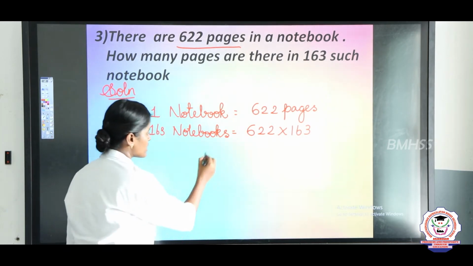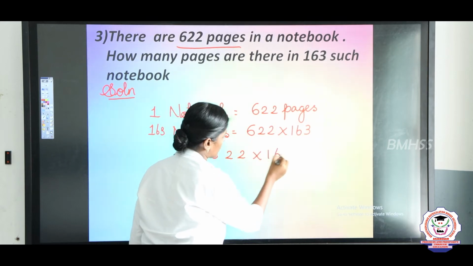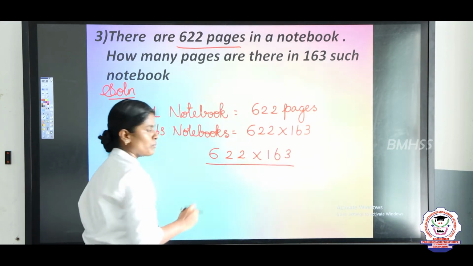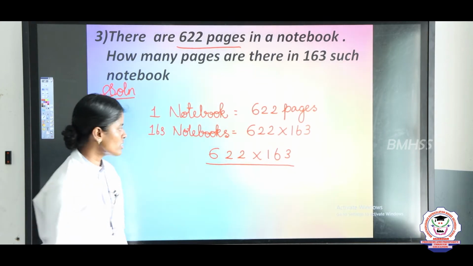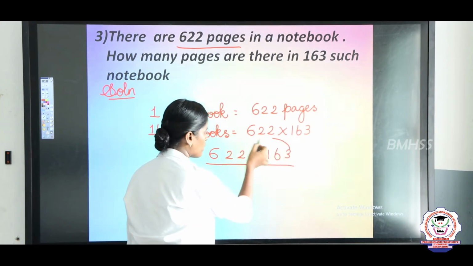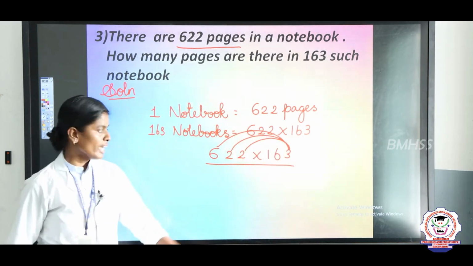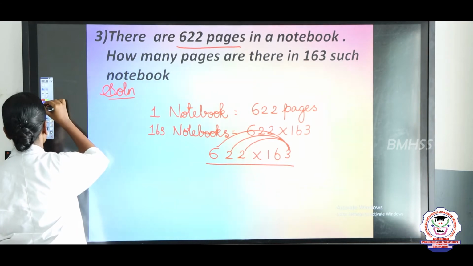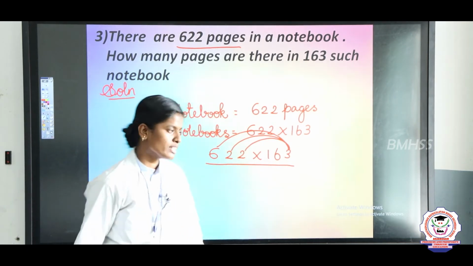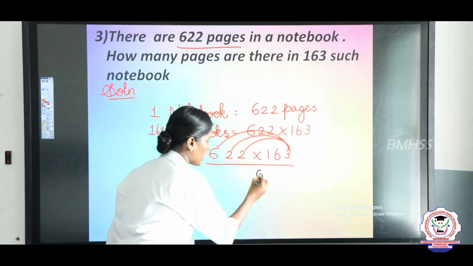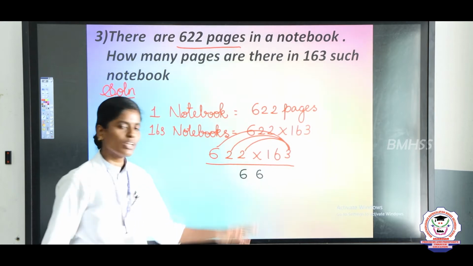Now you take 622 multiplied by 163. So this is a 3-digit number multiplied by a 3-digit number. First you take 3 and multiply by 2, by 2 and by 6. 3 2s are 6, so write 6. Again 3 2s are 6. And next, 3 6s are